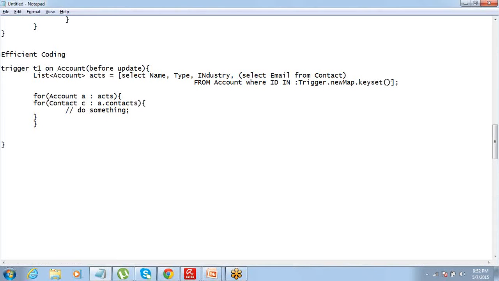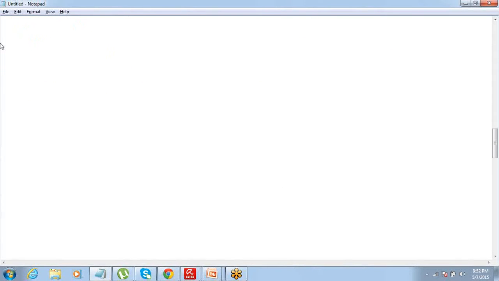So what is a SOQL for loop and what is the normal code? I think a SOQL for loop is something that we have done in one of our examples also. Here is an inefficient SOQL query.